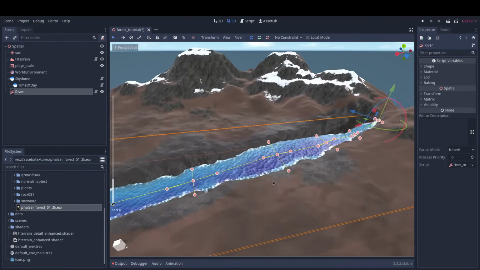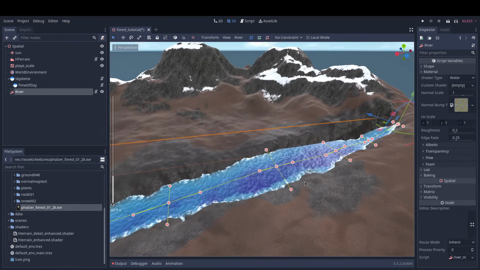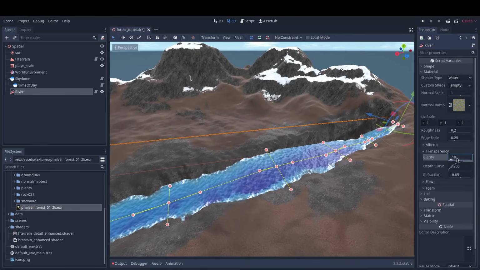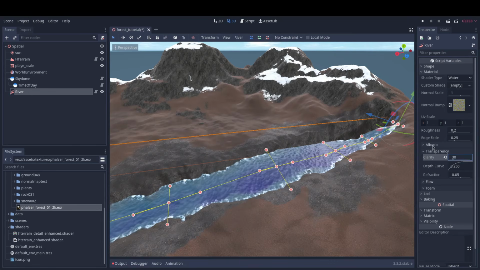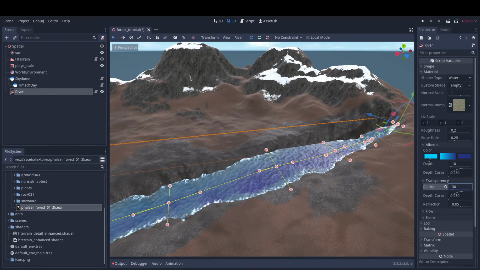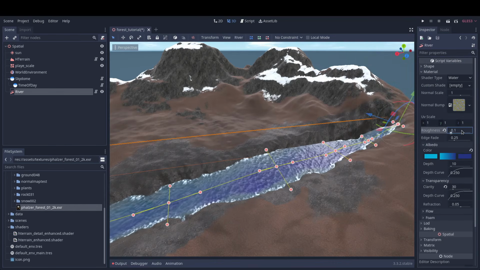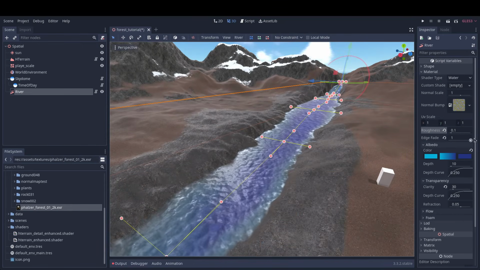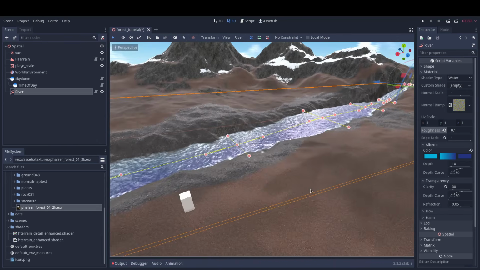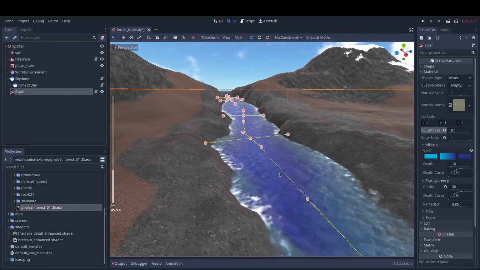It's looking a little bit more natural, but we can further improve it by increasing its transparency, for example, even higher, and also we can make it a little bit darker, as I like for these scenes. Roughness is a bit high for my liking, and we can increase edge fade, so it will be fading a little bit better in our terrain. Yeah, it's looking pretty